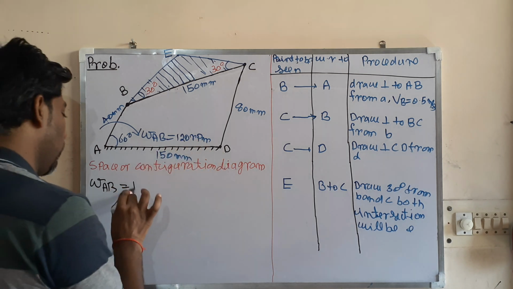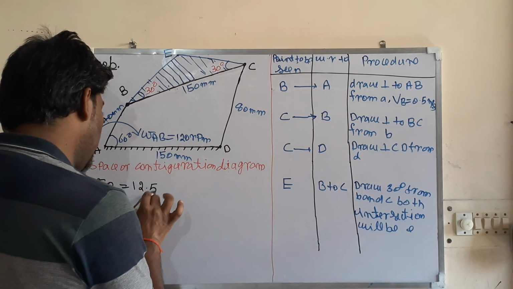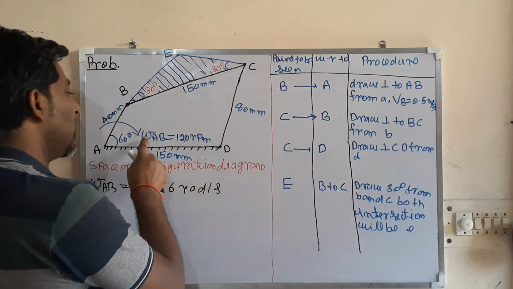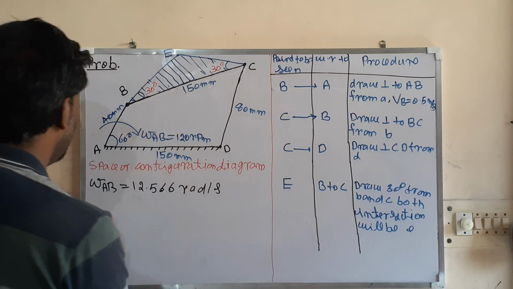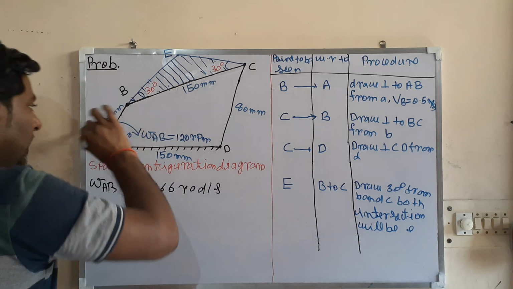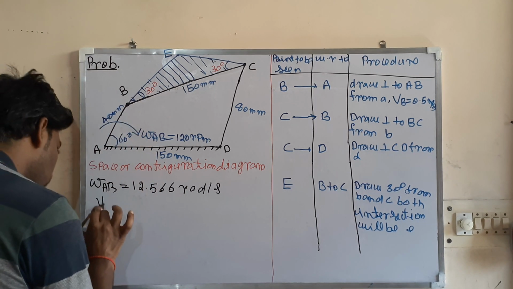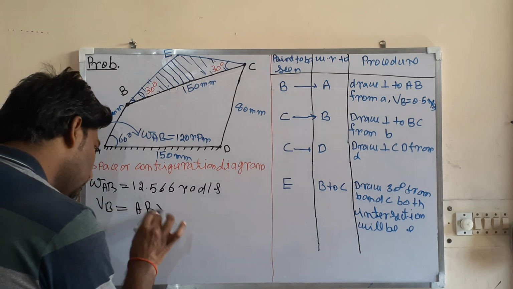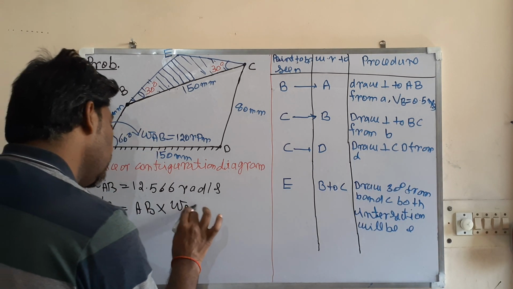From that you can calculate. So that will be 12.566 radian per second. Actually that is capital N because this is in rpm, so calculate into radian per second. That will be what, omega. So what will be the velocity of this point B? They are rotating in that way, so this link AB is rotating about this point A. So this velocity of point B is equal to AB into angular velocity omega AB.